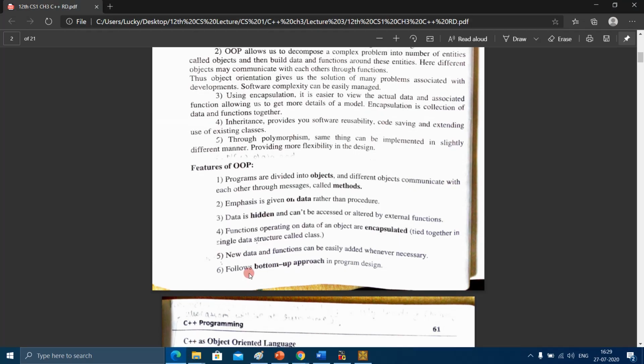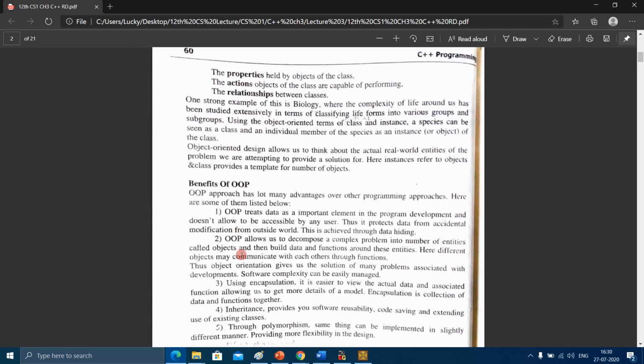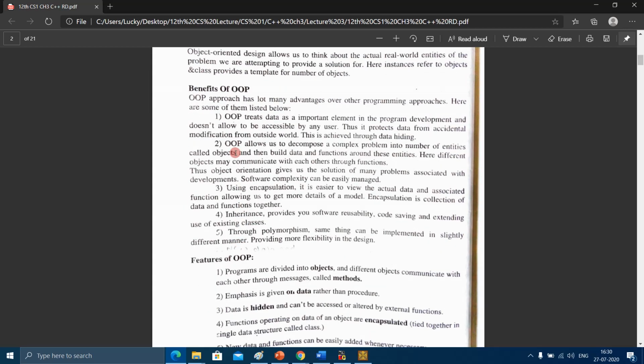Okay, so here if they have asked you benefits of OOP, if you write 5 points only, then you will lose half mark. So make sure you prepare according to the marks, because mostly in CS questions come for 3 mark, 4 mark and 5 marks. So for 3 marks minimum 6 points, and for 4 marks minimum 8 points. Your answer should only be in points, not in paragraph.